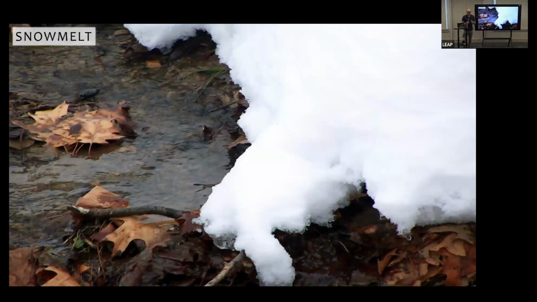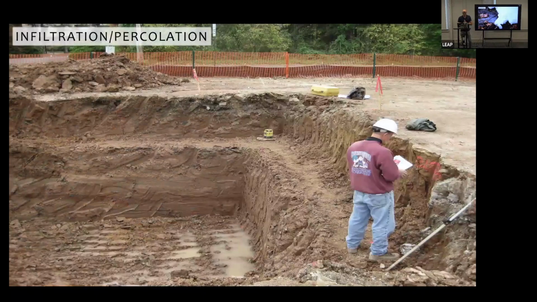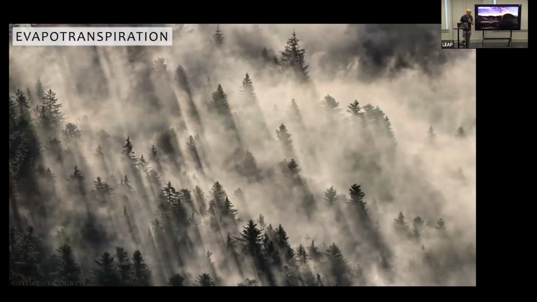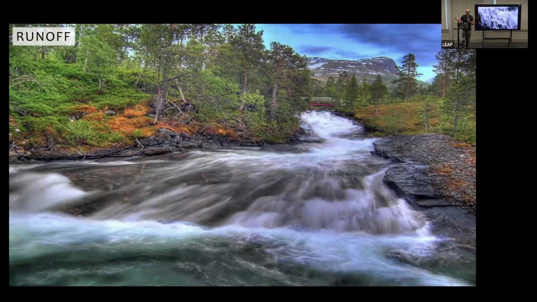Hydrologically, we want to capture snow melt. We can see the snow, but it's hard to get the snow melt right. And then the water, as it infiltrates or percolates into deep groundwater or evaporates up from the soil to the atmosphere, along with transpiration for total evapotranspiration. We want to get the runoff right.